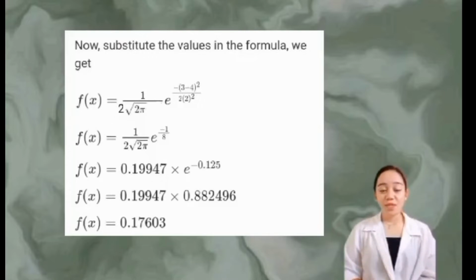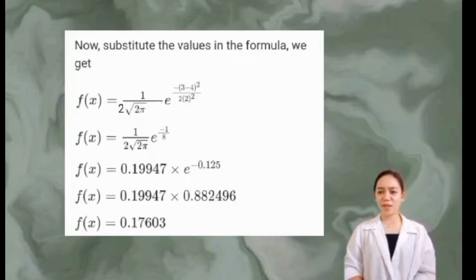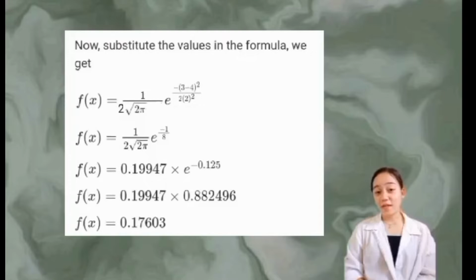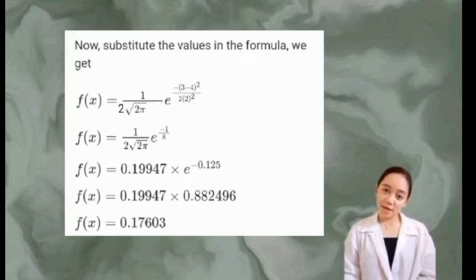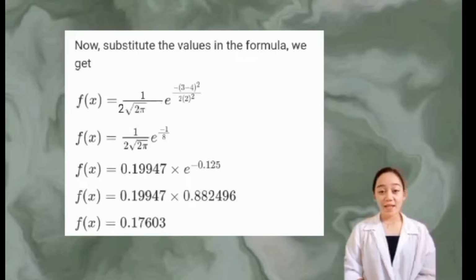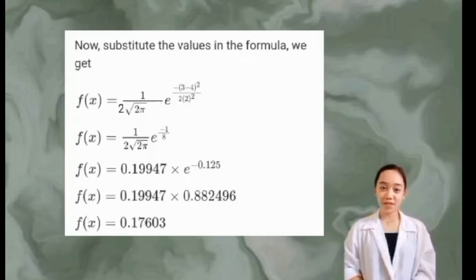Over 2 times 2 squared. So this 2 squared also comes from the standard deviation, or the value of our lowercase sigma, which is 2. This 2 squared is the same as the variance, right? As you can remember from our past discussions, variance is just equal to the standard deviation squared or the lowercase sigma squared. Okay, so after substituting the values, we can now easily solve this